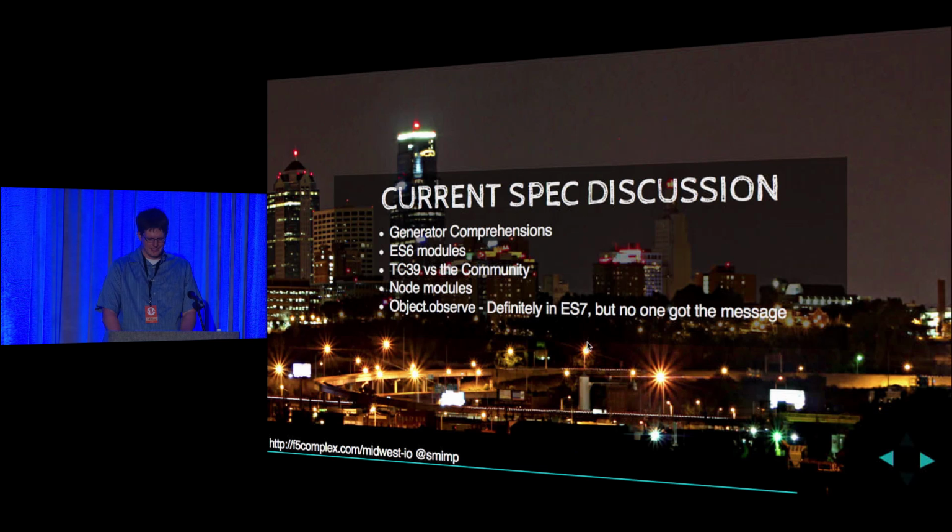about. And then no one really got this message, but Object.observe is actually in ES7, but they're still kind of pushing forward with it, and that's something that I've seen a fair amount of. It's like people have these features that they want, and they say, oh, this is the greatest thing since sliced bread, but it's not really in the spec yet. So that's kind of interesting, but you can kind of see where people are interested in it. Like I know Angular would use this very heavily for dirty watching for their projects. And that said, they did do a non-native version, and they were actually able to get really solid speeds out